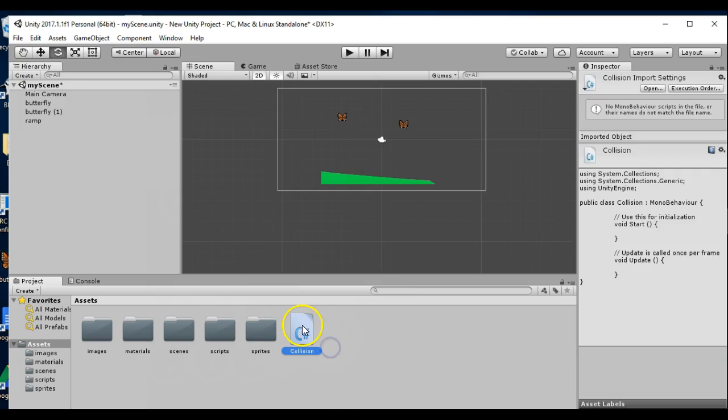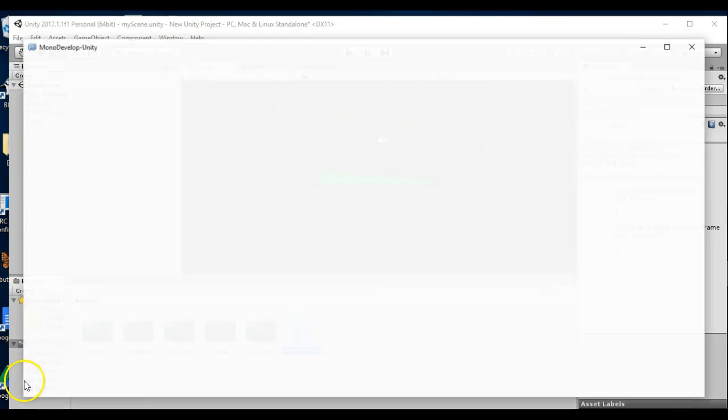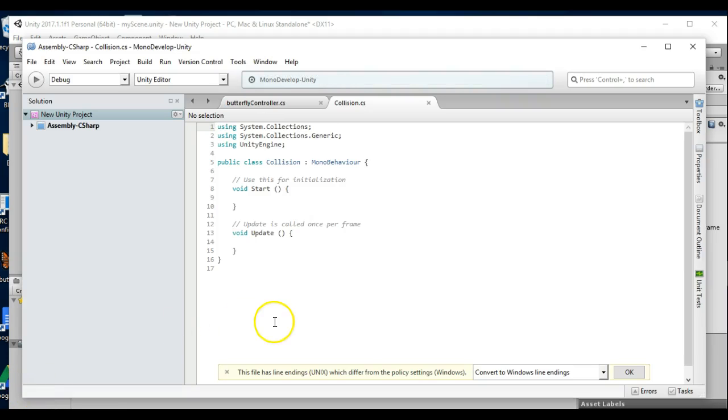And then if I double click on it, it will open up in MonoDevelop. Right, it opens up with the name correct, matching there, .cs because it's a C#, and it opens with the default start and update. But we're not going to use those. We're going to make use of a different function called